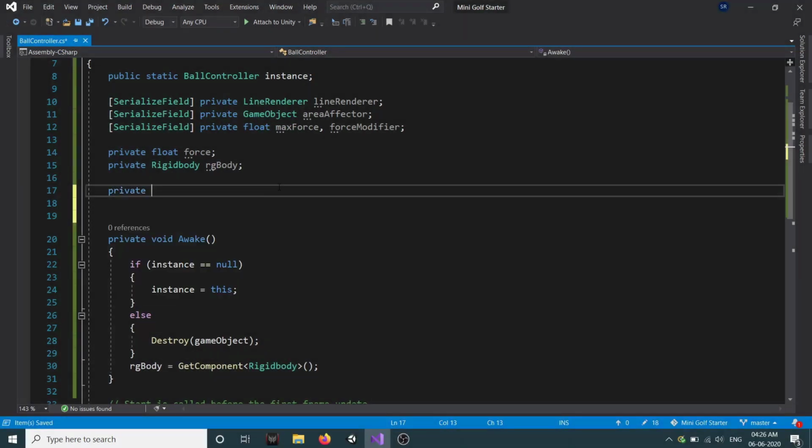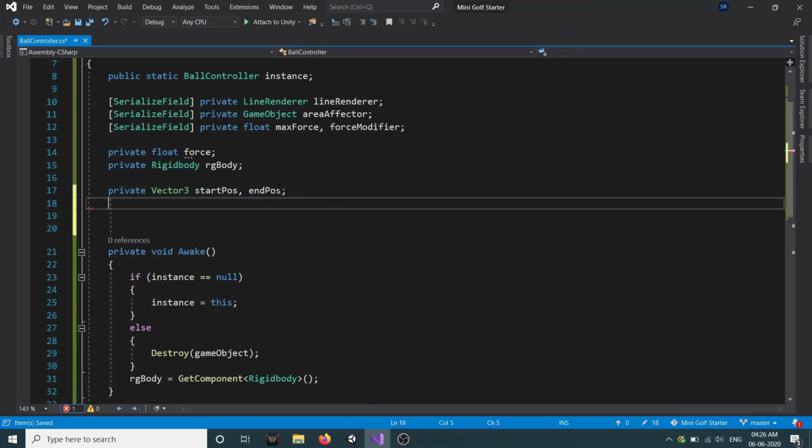So first we need two Vector3s. We'll create private Vector3 startPose, endPose. These two Vector3s will be responsible for tracking the first click and the current click we have made in our level.